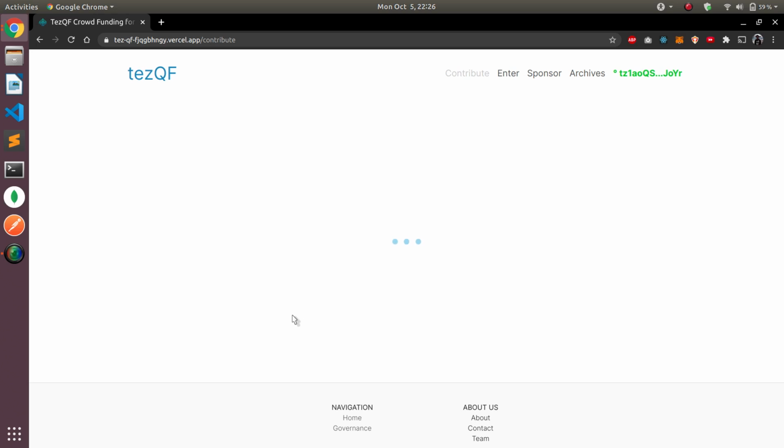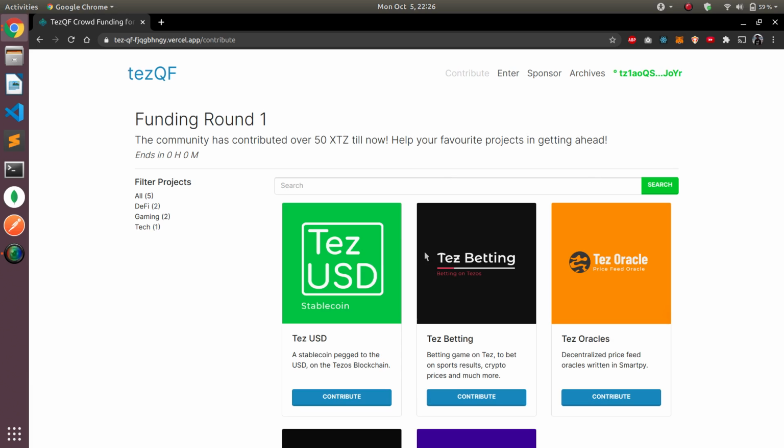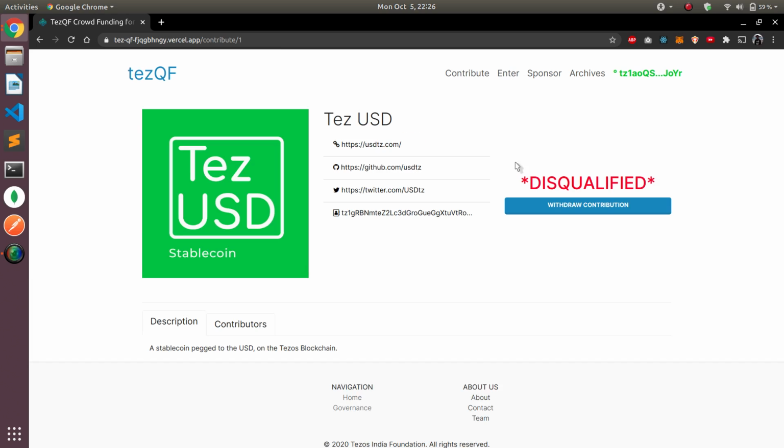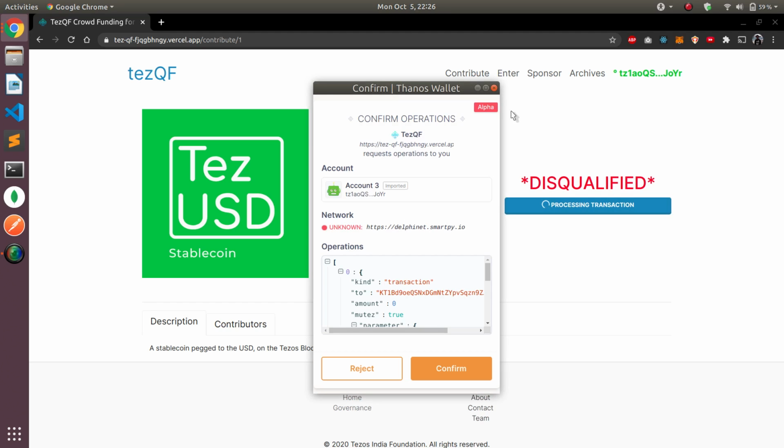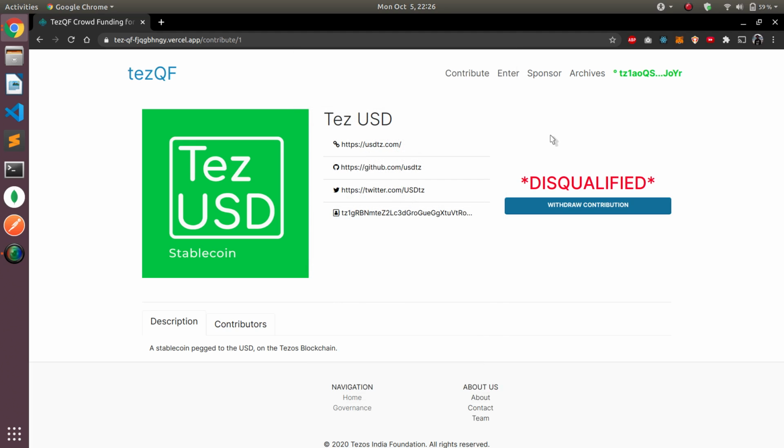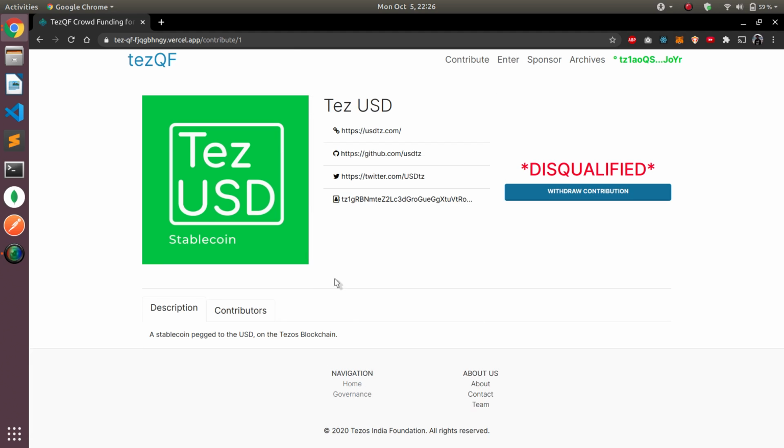So when we go to the first project, we will see a disqualified sign against this project, and whoever has donated to this project can withdraw their contribution. Just by clicking on the withdraw button, the contribution, the transaction is going to take some time, so I'm not going to perform it right now. Coming back to the governance section,